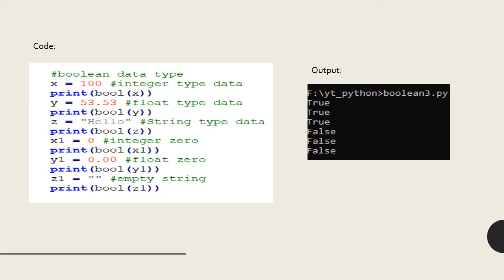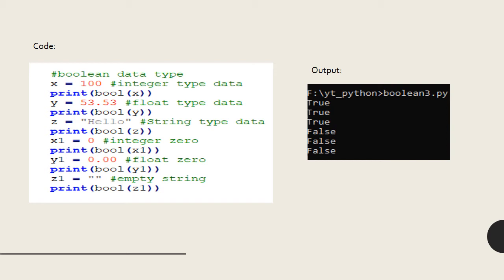But you can see that the variables x1, y1 and z1 hold integer 0, float 0 and an empty string, and the bool function gives false for them. So by this you can say that if you have any value or content and give it to the bool function, you will get true, and an empty string, zero, or an empty list will get false.